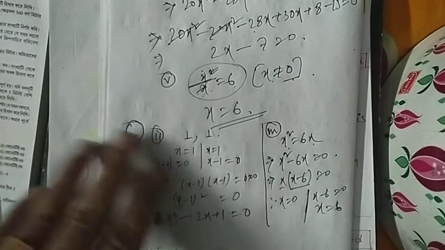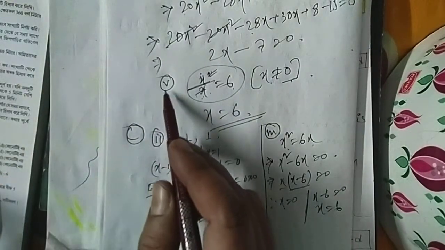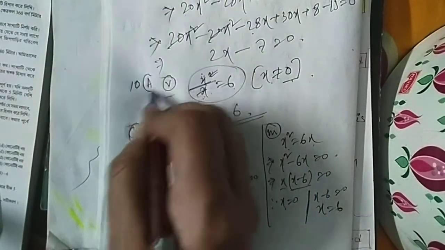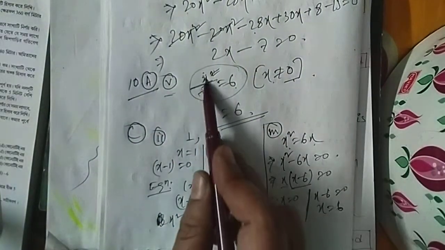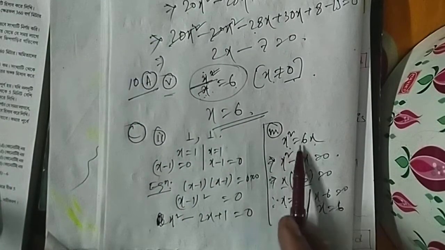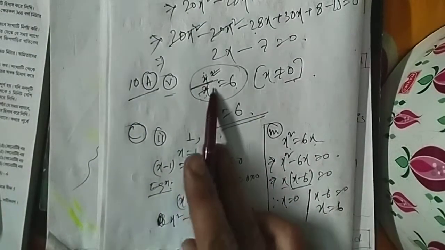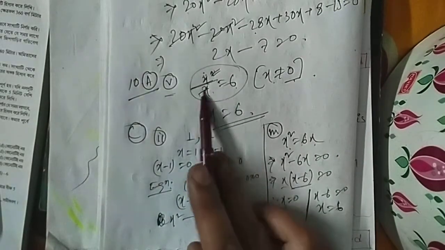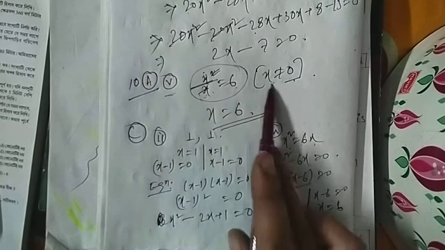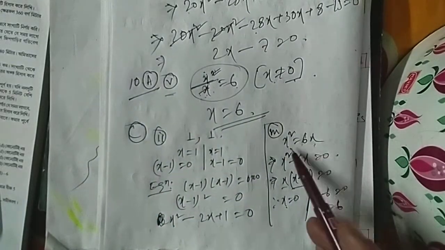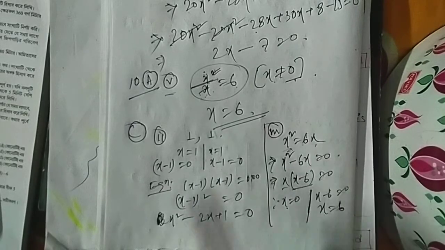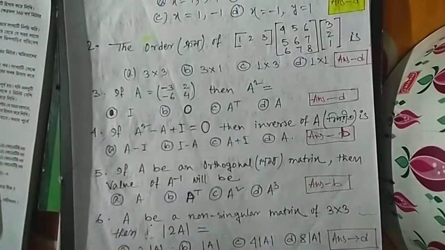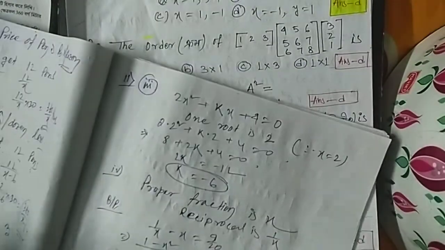There are two roots. Everyone see the previous sum, that means sum number 5 of 10a. Here given that the given equation is x square by x equal to 6, and in this equation x square equal to 6x. Everyone see that these two equations are not equal. Because here x is divided, so for this equation x is not equal to 0, but in this equation x is not divided, so here x can be 0. Okay, now I will discuss question number 11.